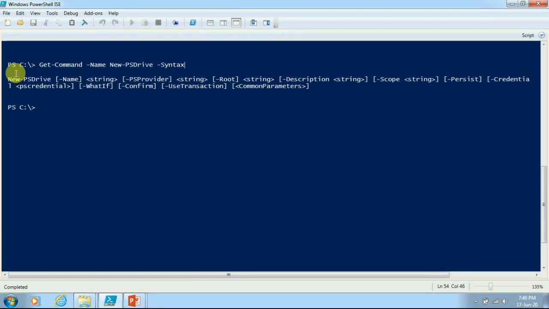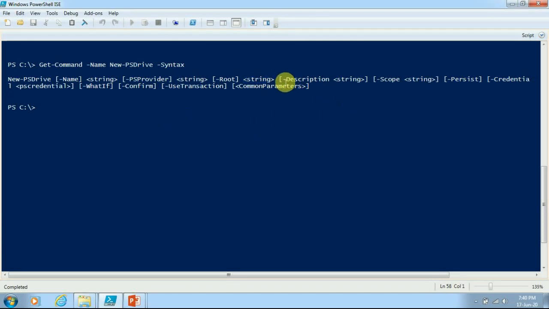While creating a new PS drive, you have to keep in mind that it has three mandatory parameters. Those mandatory parameters are Name, PSProvider and Root. In Name you have to specify any valid name for the drive, in PSProvider you have to choose which PS provider you are creating this for, and in Root you have to select the path where that drive has to be accessed.